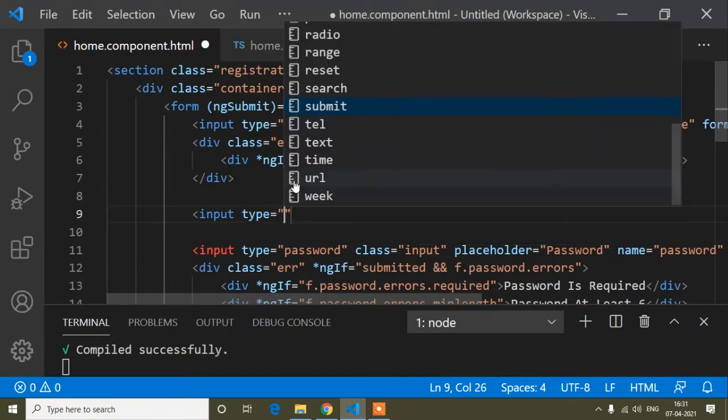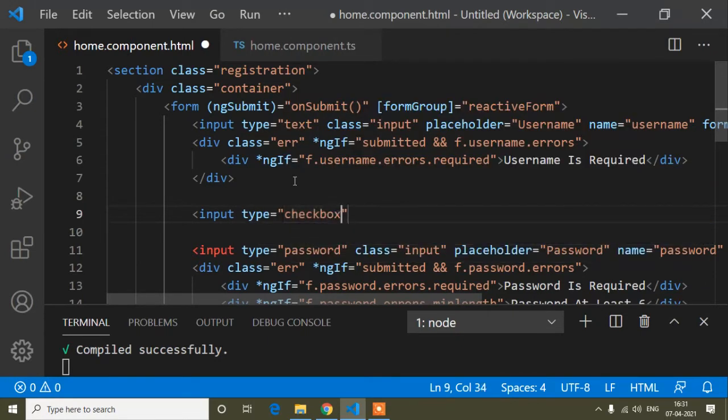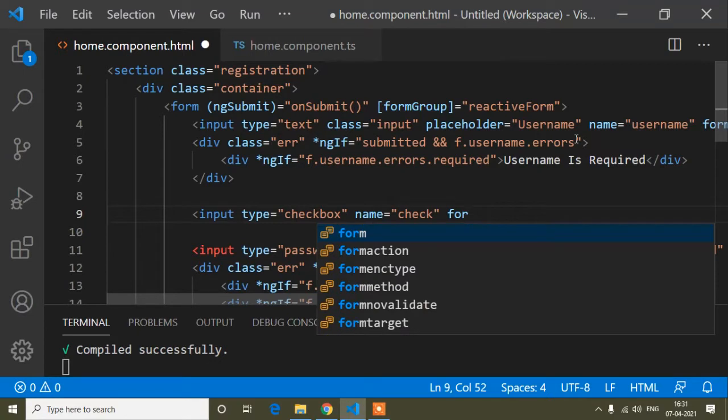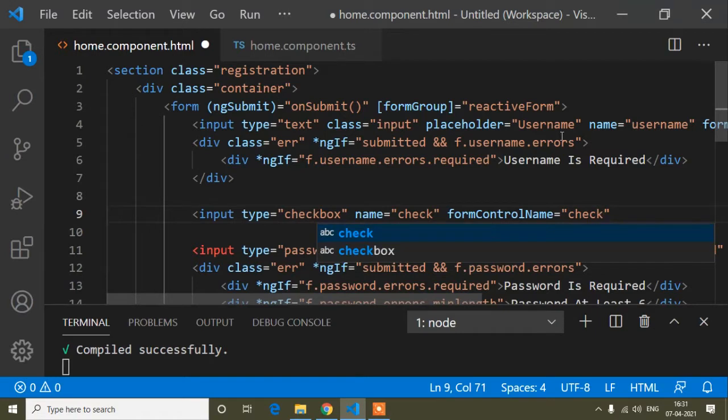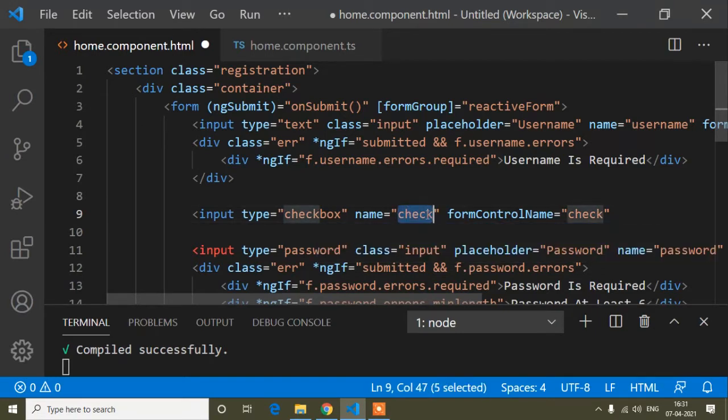So input type is checkbox, okay, and now here I will write name is check, and formControlName, that is check also, because I already told you in my previous tutorial that name and formControlName should be the same.